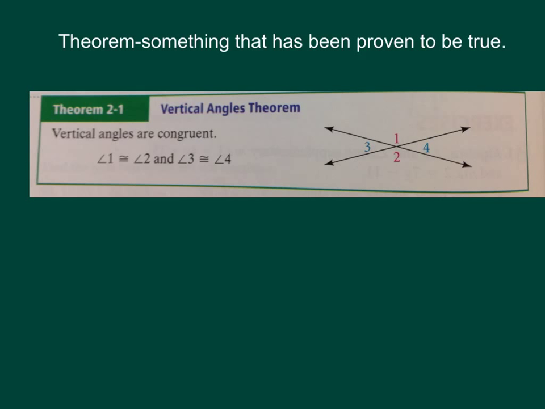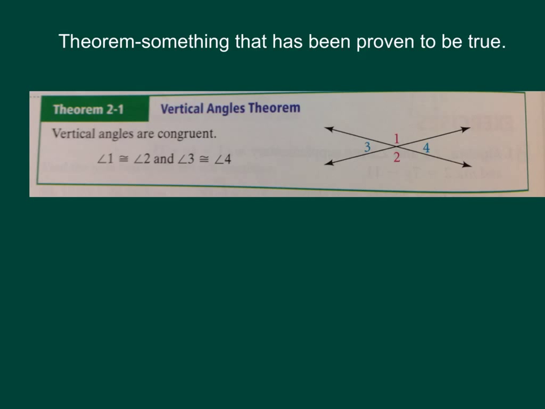The first term you need to know in Lesson 2.5 is theorem. A theorem is something that has been proven to be true. Our first theorem we're going to look at is the vertical angles theorem. Vertical angle theorem simply states that if you have vertical angles like angles 3 and 4, they're going to